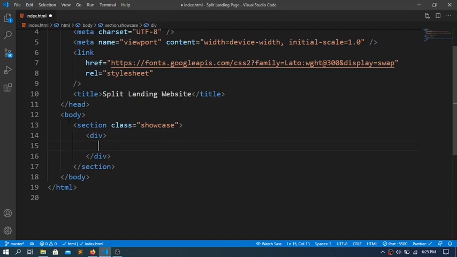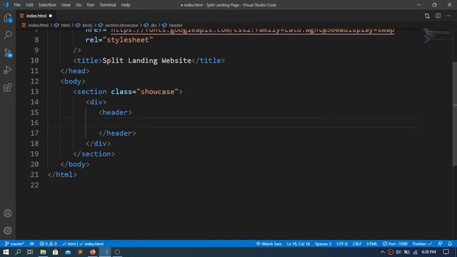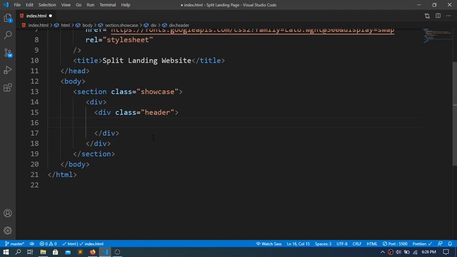I'm going to put a header like this in here. Does this make sense? No, this doesn't make sense. Let me just put another div with the class of header like this, and this is where the logo will be, and also the